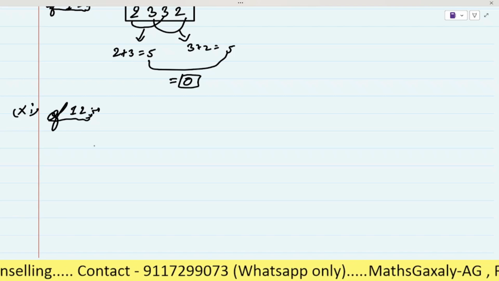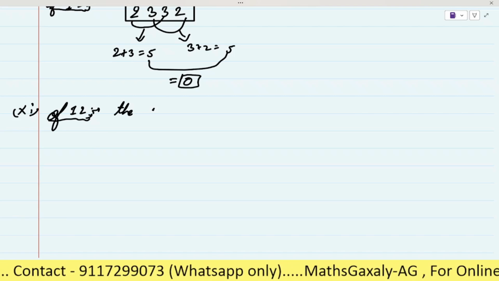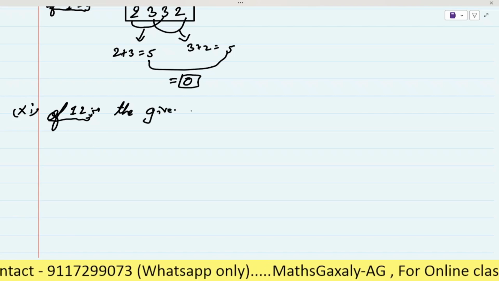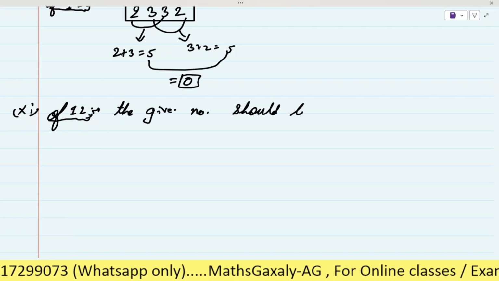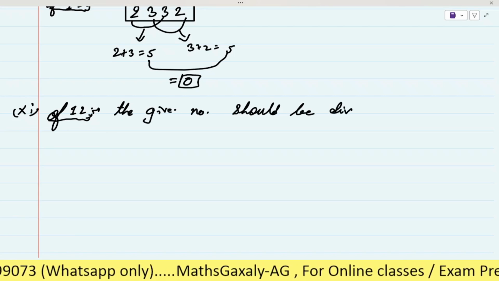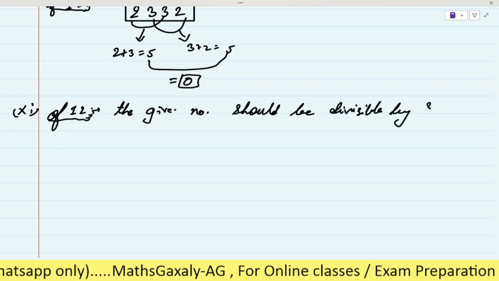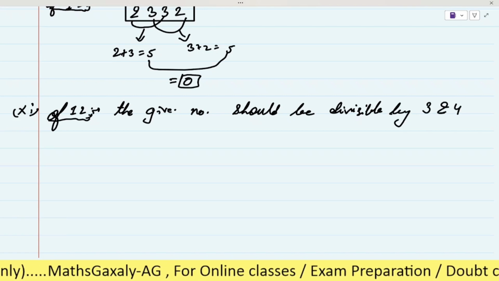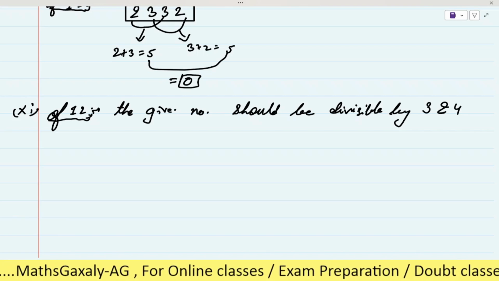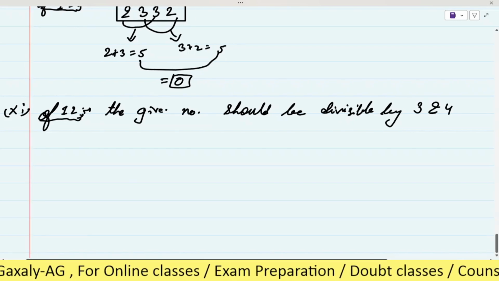The given number should be divisible by 3 and 4. If the given number is divisible by 3 and 4, then we can say that it will also be divisible by 12.